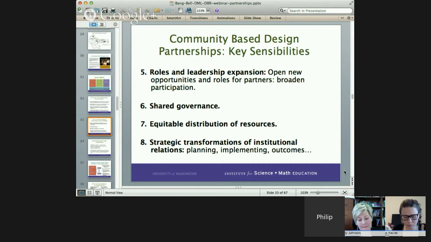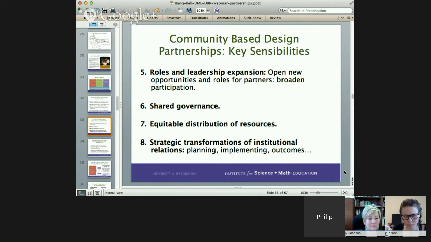The idea of shared governance and decision making, being very deliberate around the distribution of resources, and I'll talk about that too. And the last one that we are continuing to articulate is how you engage in strategic transformations of institutional relations and relationships with families and communities, especially those from historically underrepresented and